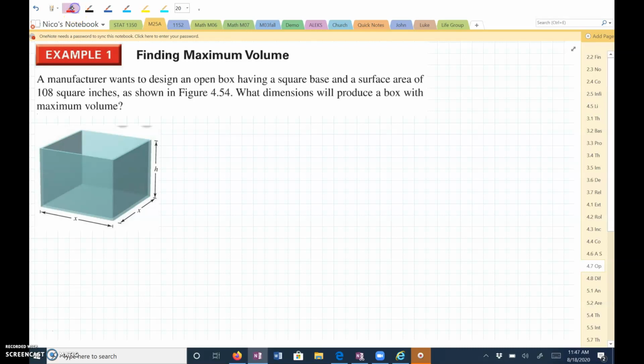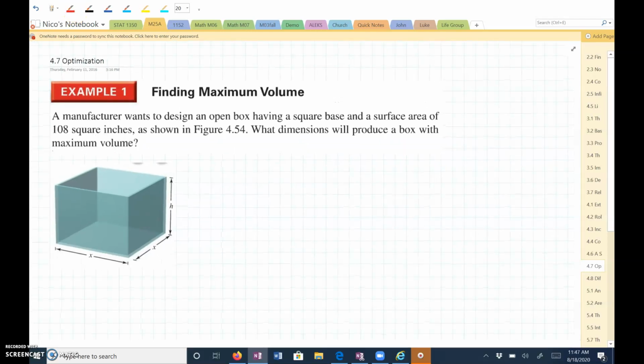Alright, so first of all, looking at this box, let's try to figure out an equation that will represent the surface area. We know that the surface area is 108. Okay? And surface area is all the sides of the figure, adding up the area of all the sides of the figure. So if we look at the base here, the area of that base would be x squared plus,